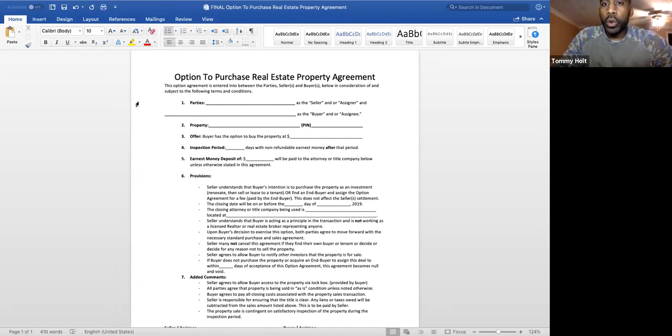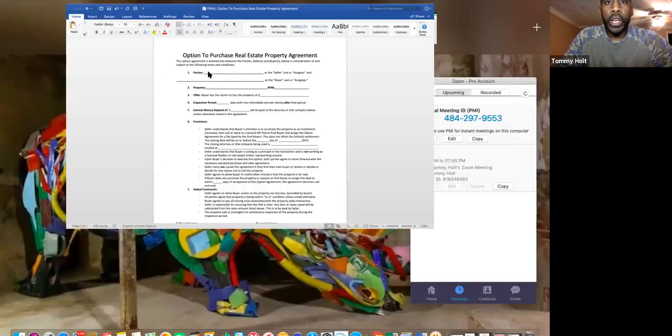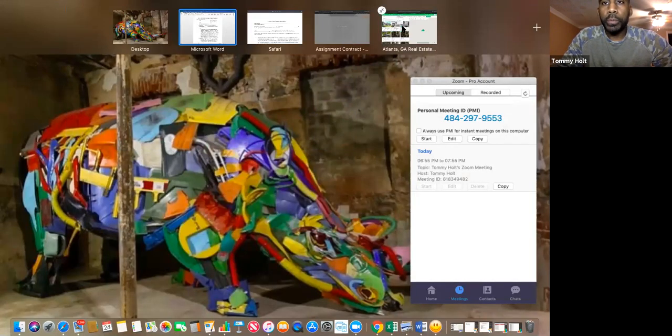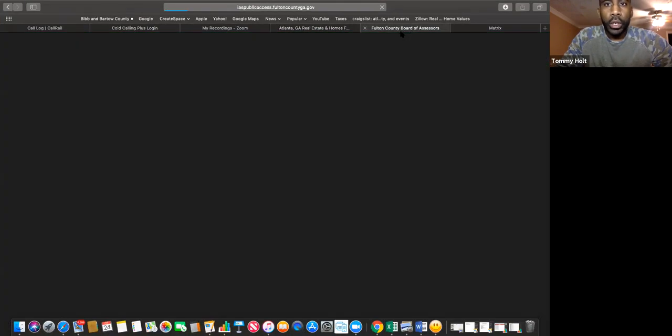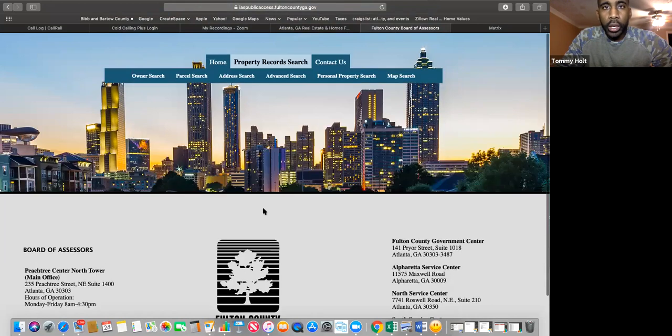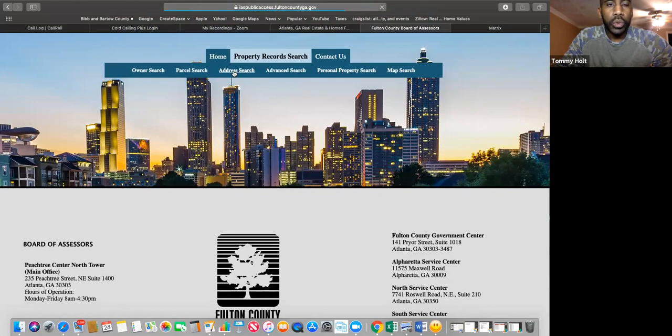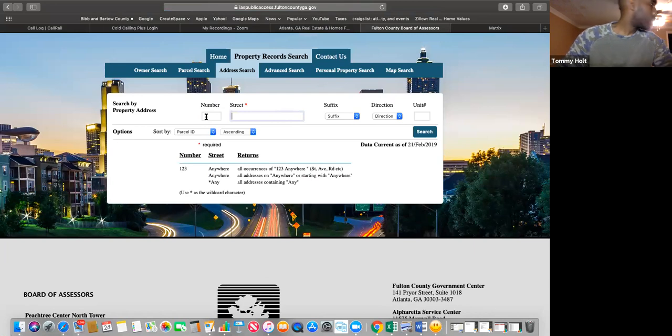All right. So the PIN, or the parcel ID number, or parcel identification number, that is that long number. Let me see if I can give you an example of a parcel ID number, because I really want to make sure that everybody understands. Making sure that you understand what you're looking for is super important, because if you don't, then you're going to